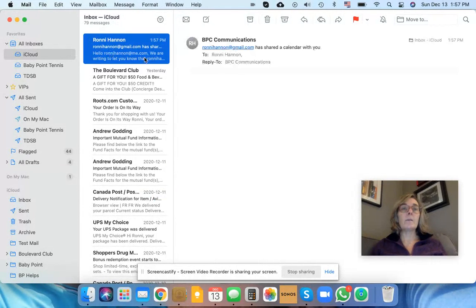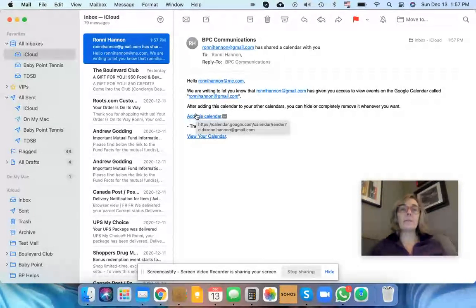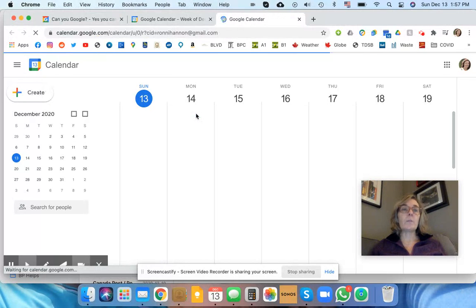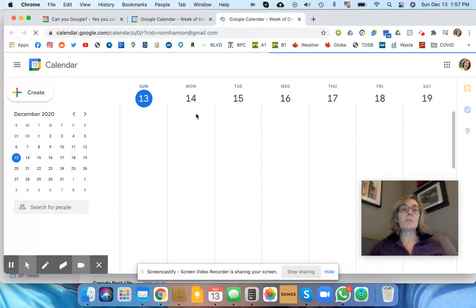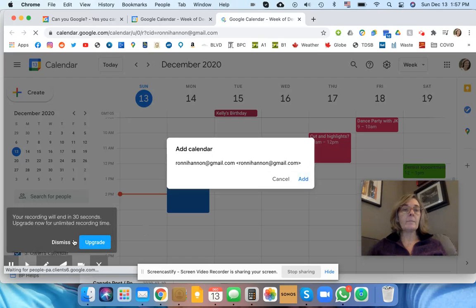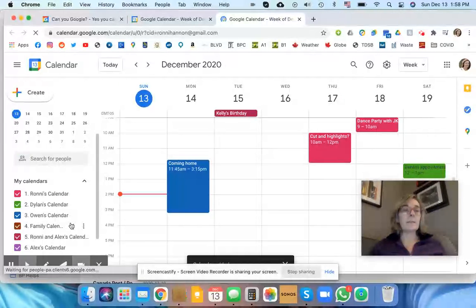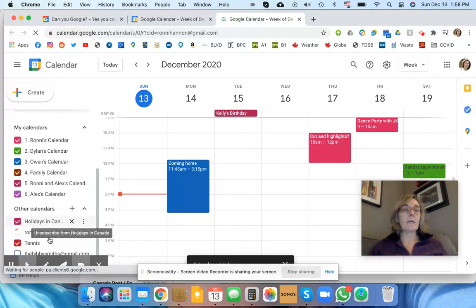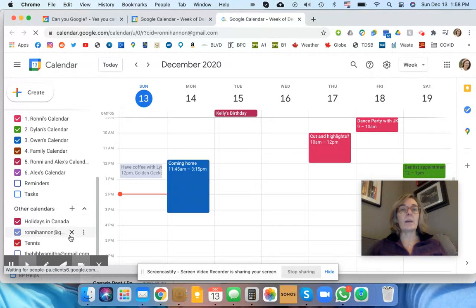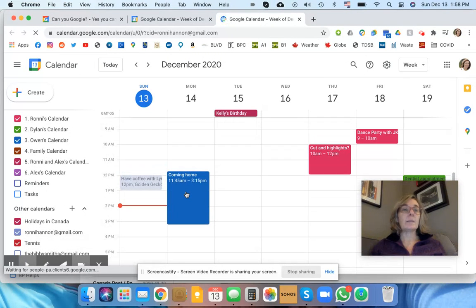And I'm going to click here, add this calendar, and automatically Google Calendar is going to allow me to see that new thing. Add calendar. I'm going to say yes, add, and it is now in my calendars under other calendars. And it's that one that's called ronniehannon at gmail.com. And voila,